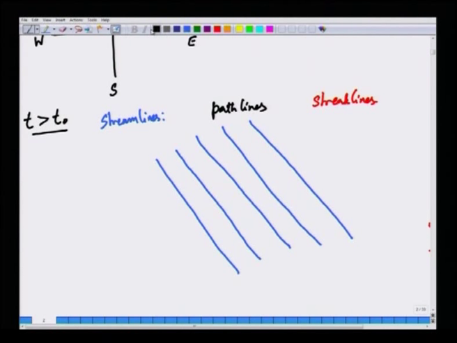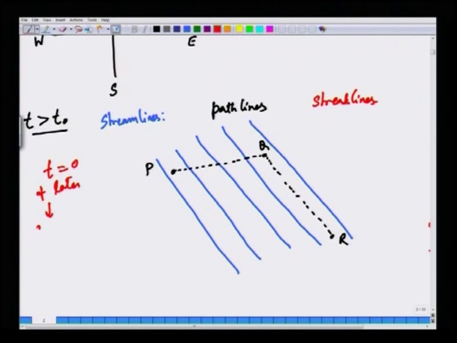Let us look at path line. The path line of a particle, a puff of smoke let us say, that was introduced at a point P would undergo a motion straight up from t equals 0 to t equals t naught. After that, the wind will start blowing in this direction, so it will take the route QR. Streak lines, on the other hand, are formed by particles that are continuously injected from t equal to 0 and later.